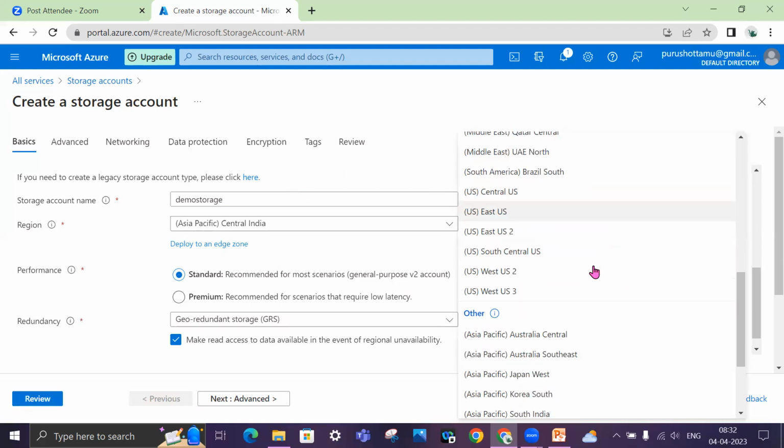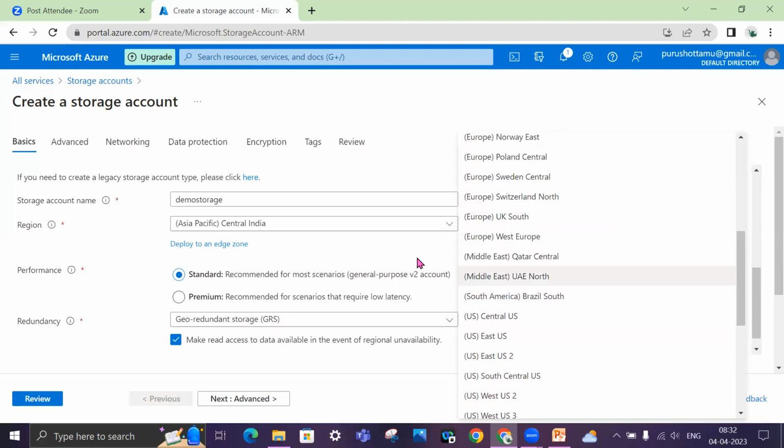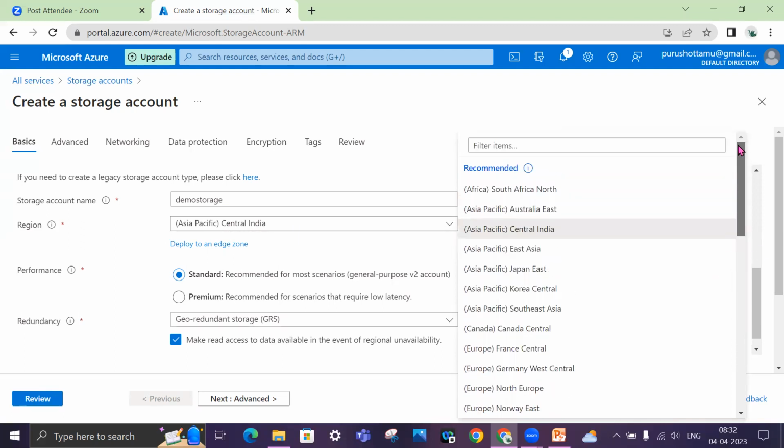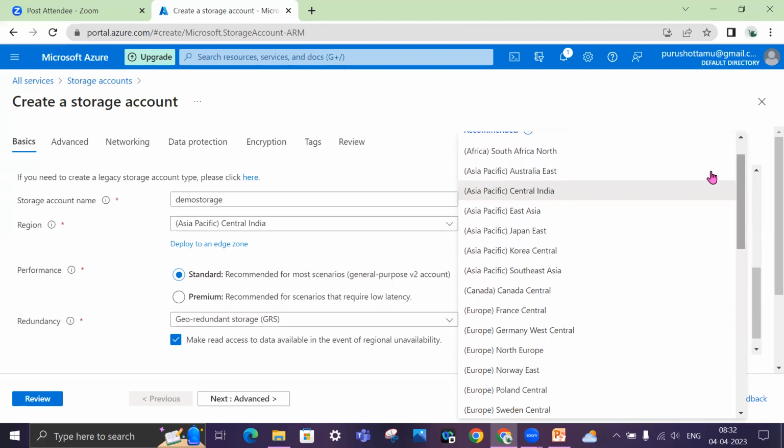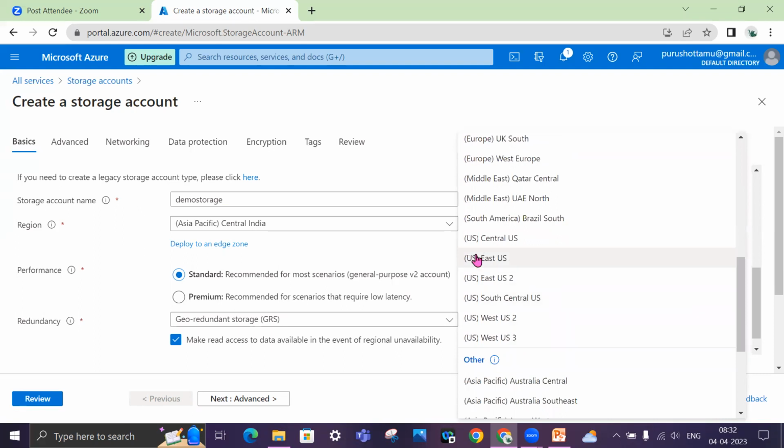Now, since this is for demo purposes, I just use the Central India one.